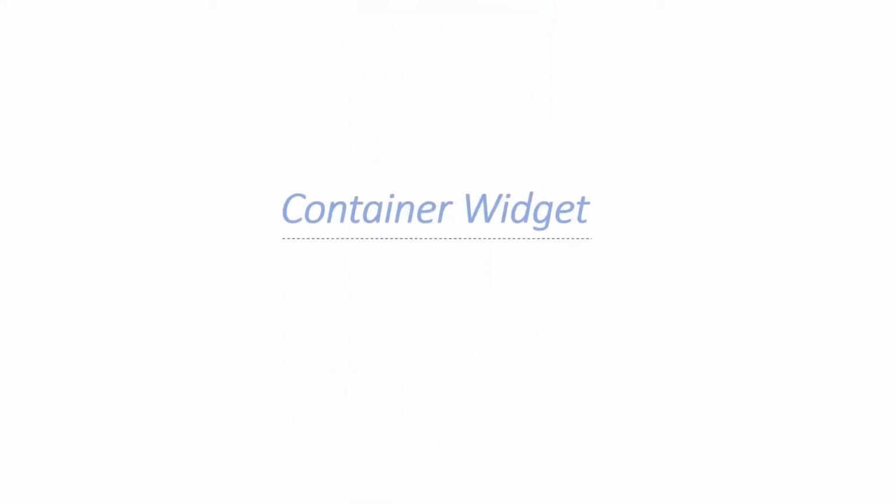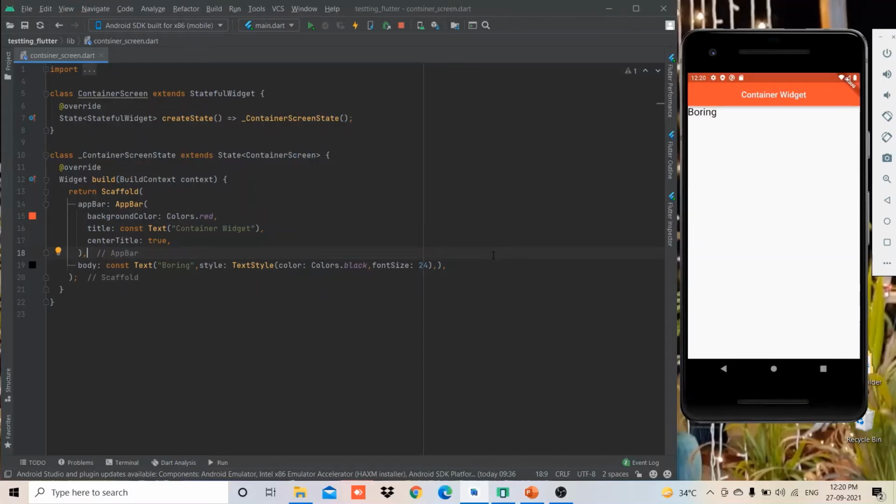Each widget is a lightweight object designed for a specific task. Let's see an example of the container widget. If you have to do some background styling like background shape, color or size, for that try to wrap it in a container widget. The container widget decorates the child widget. If you're not wrapping a container with any parameter, nothing will be effective in the child widget.